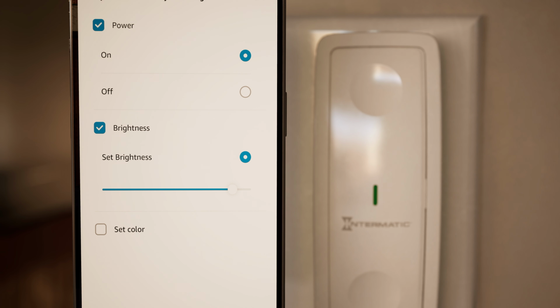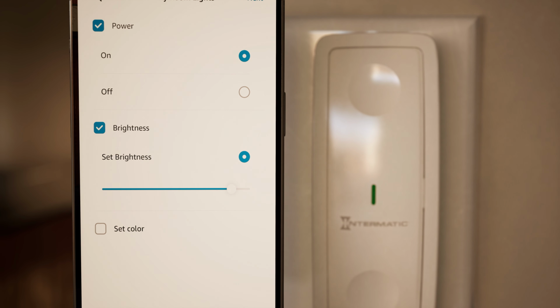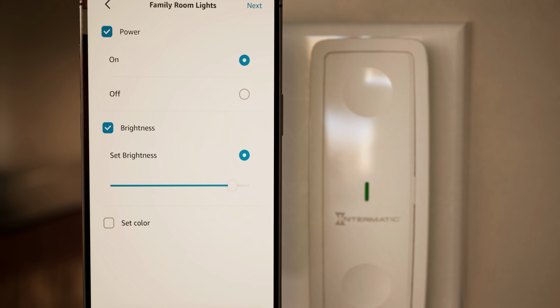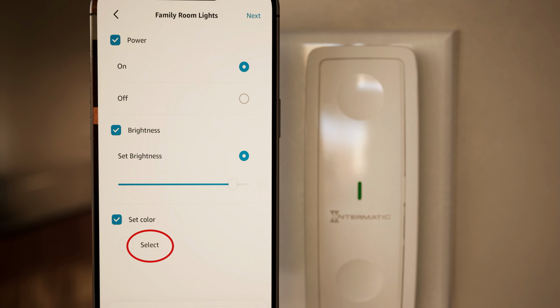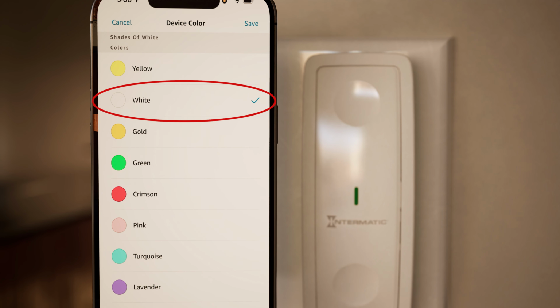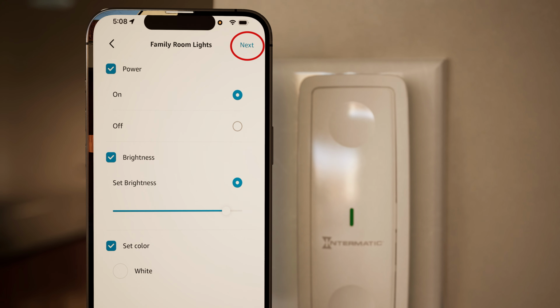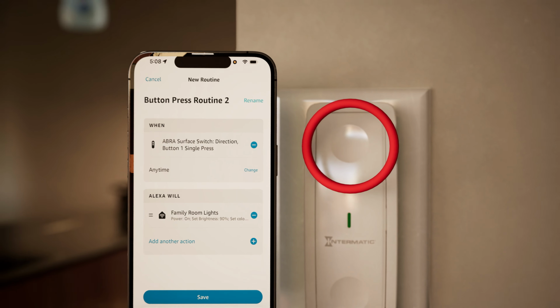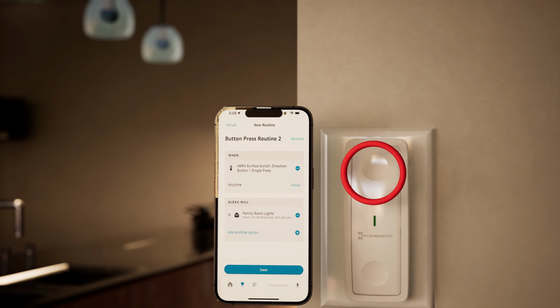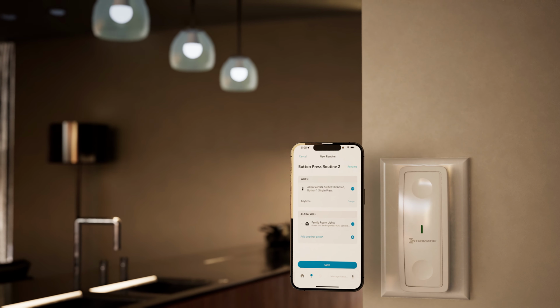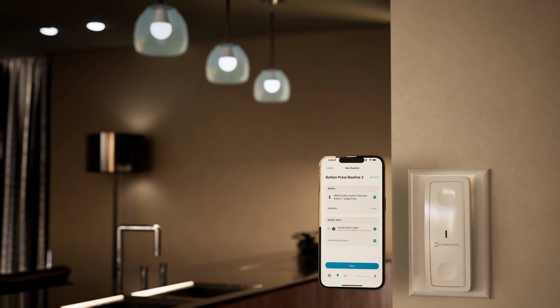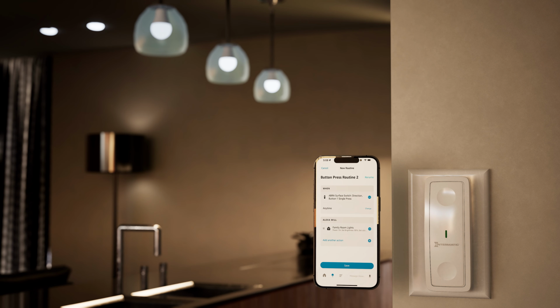We also want to make sure they are at a white neutral color, so we will also select Color and then choose White. And then Save. To continue, press Next. Now a single press of the top button of the surface switch will turn all of the lights in the family room on at 90% and at a white neutral color.